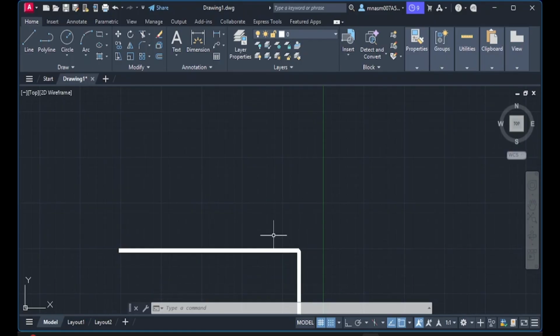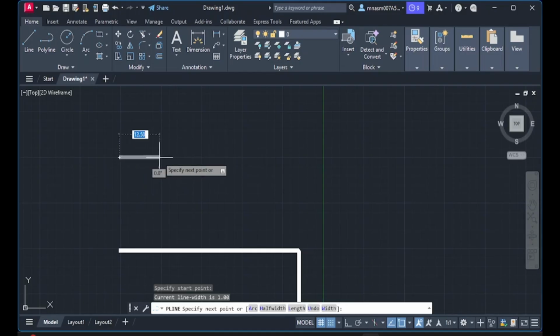Another use is sometimes we want to create an arrow, okay, an arrowhead or arrow on the screen. So polyline can be used to create an arrow. Okay, I will start polyline again by clicking here. This time I put it here, and then I want to start here, and its thickness is still 1 mm.